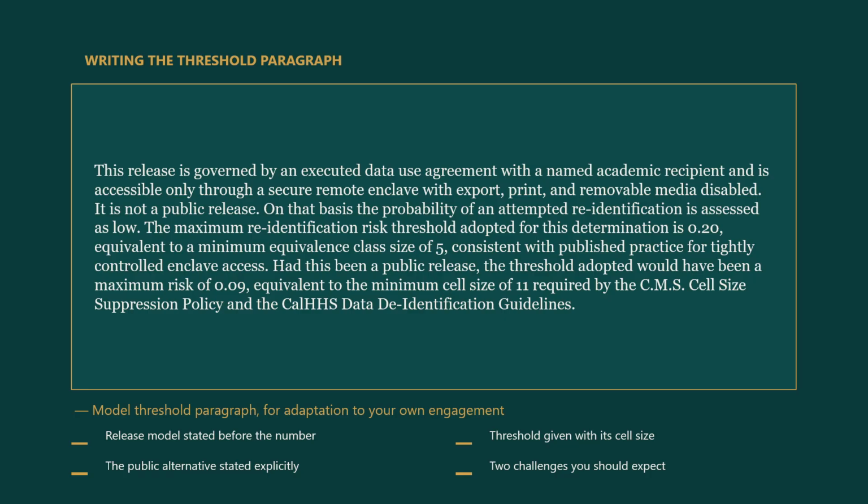Challenge 2. Where does 0.20 come from? Cite it. Answer honestly, using the grading from earlier. It is practice-derived, described in the methodological literature as an allowance for highly secure restricted access environments, and it is not codified in regulation the way cell size 11 is. Then argue the product, that the overall risk after multiplying by the assessed attempt probability sits well below the public benchmark. An expert who concedes the weaker provenance and wins on the product is far more credible than one who oversells the citation and loses both.